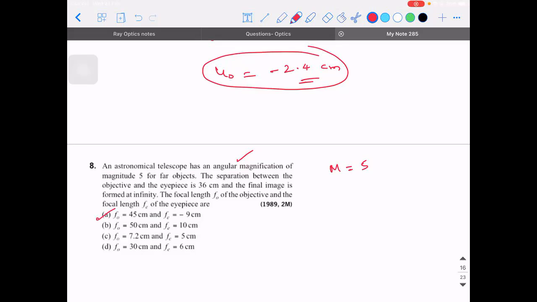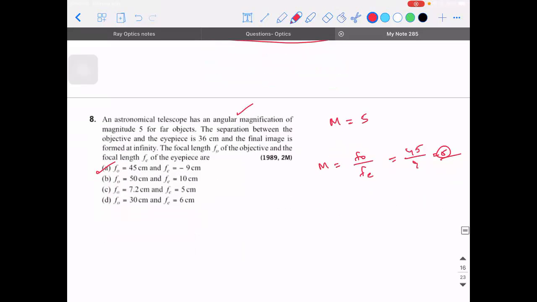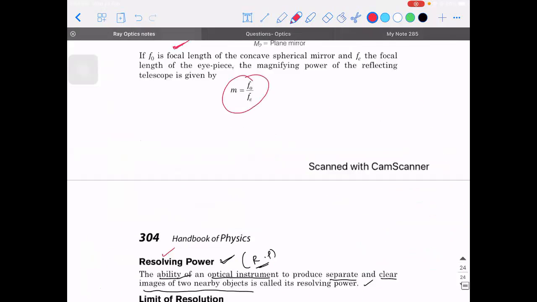Answer directா சொல்லிட்டேன். A எப்படி? சரி, the ratio வந்து f naught by fe வந்து will be 5 sir. Exactly. 45/9 it should be 5. Okay, if suppose you have to solve this problem, அப்ப என்ன பண்ணிருக்கணும்னா இப்ப இமேஜ் வந்து இன்ஃபினிட்டில ஃபார்ம் ஆனா நான் ஒரு பாயிண்ட் சொன்னேன். Did you guys make a note of this?